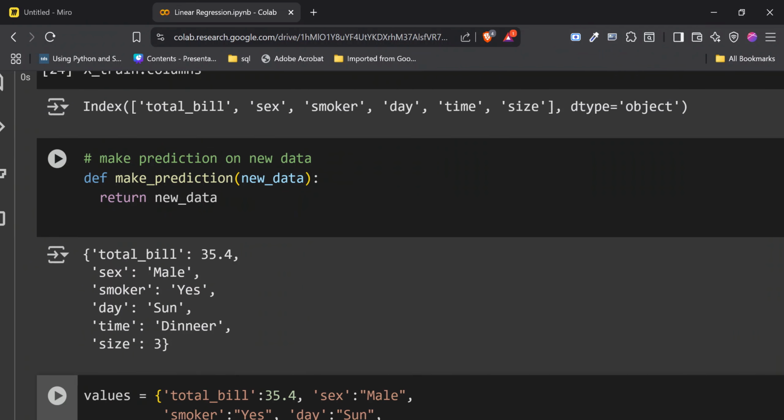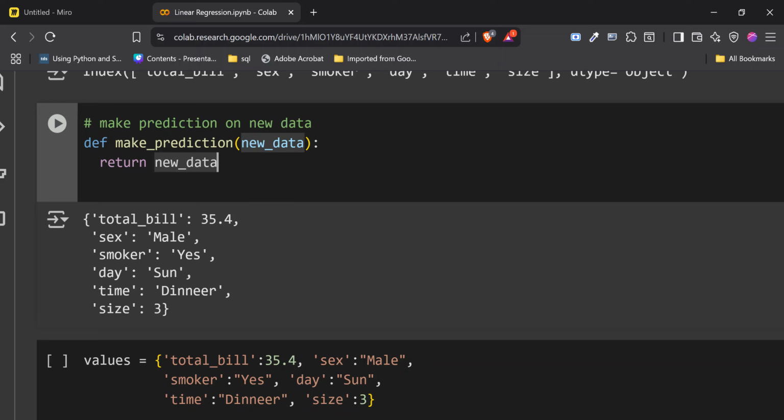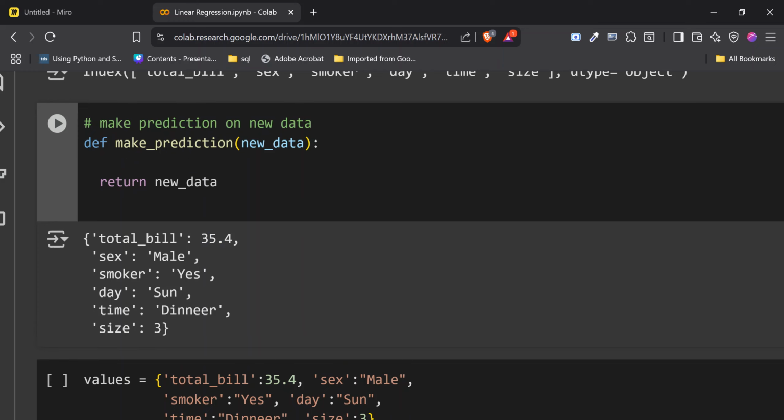Great. So what we now want to do is, if you've ever tried to create a data frame from a dictionary, you have to make these values into a list. So what does that mean? That's going to be new_data equals, and we are going to use a dictionary comprehension.